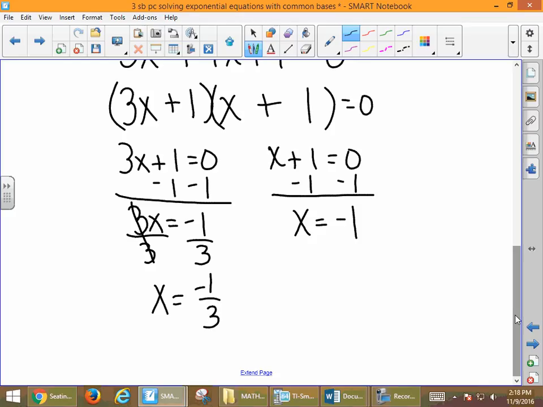Even though I'm not going to spend the time, don't forget that you can take those values and put them back into the equation. So you would have to put -1/3 in all the way through for your variables to check it. And then you'd have to put -1 back into the equation for all the variables and check it. And they will, if you do take the time to do that, work out for you. So as we flip the page,